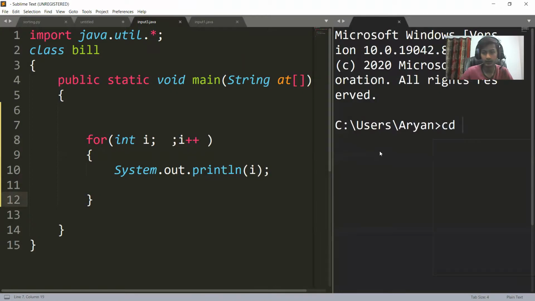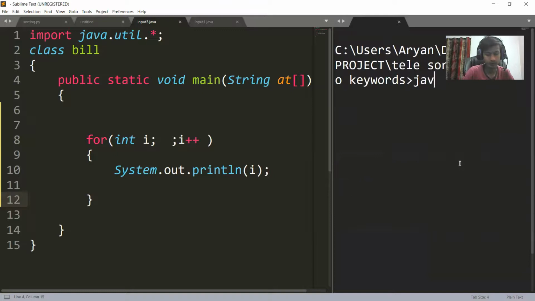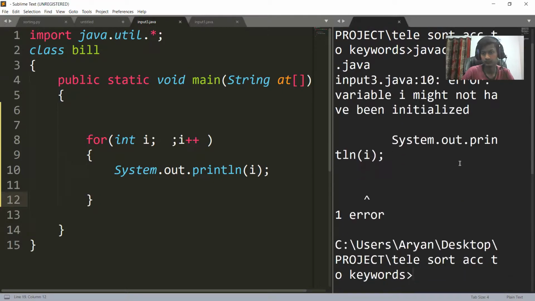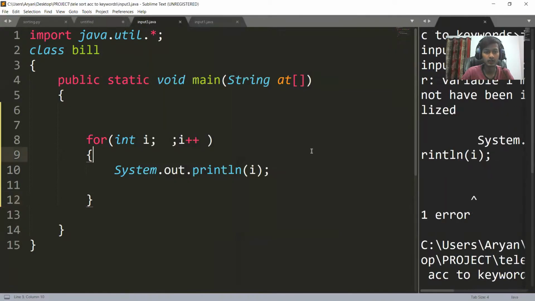If I do cd and javac input3.java, it says variable i might not have been initialized.